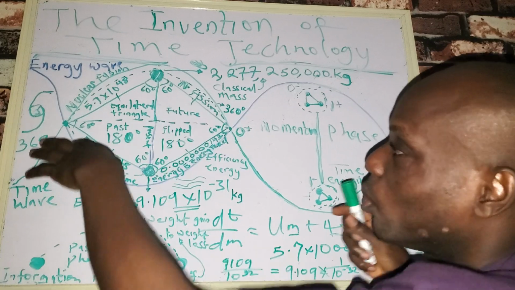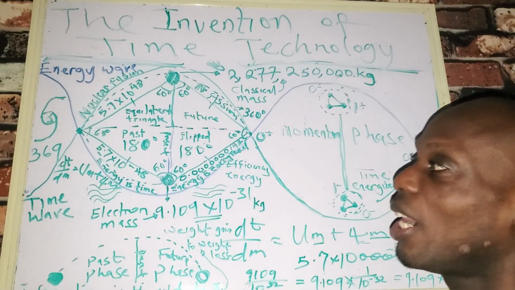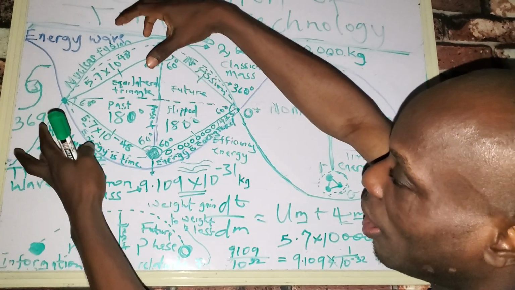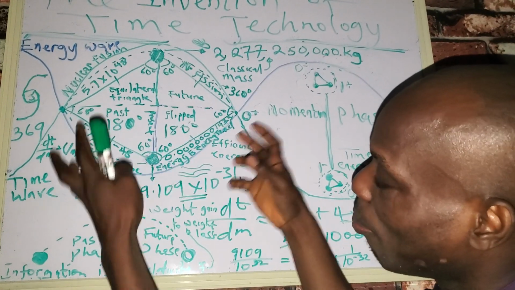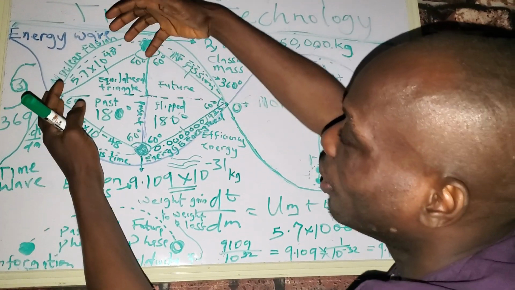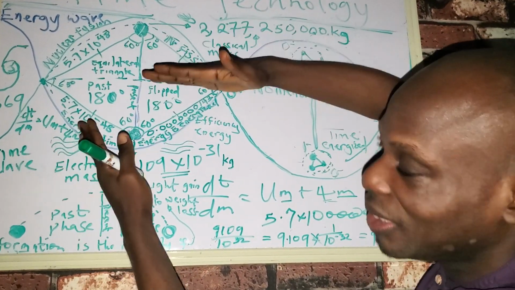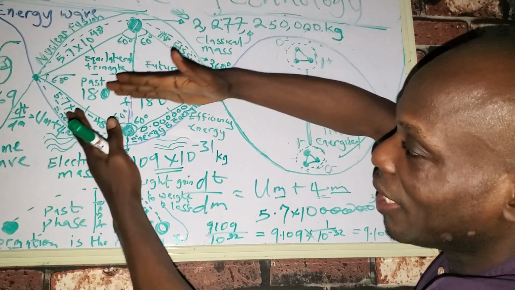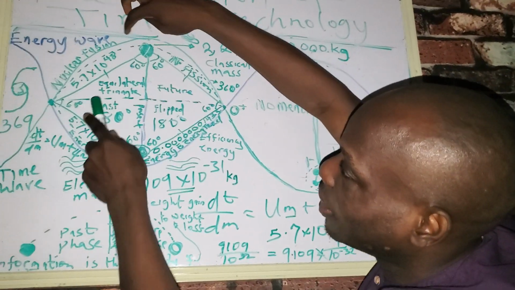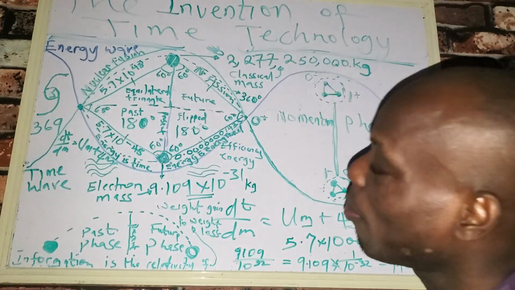to other particles that are surrounding the ball. So in this case, we could have it as air molecules or whatever it is. So it will be dissipated to them, and as it's dissipating the energy, that will be causing the expansion of the time energy wave interaction as we have it here.